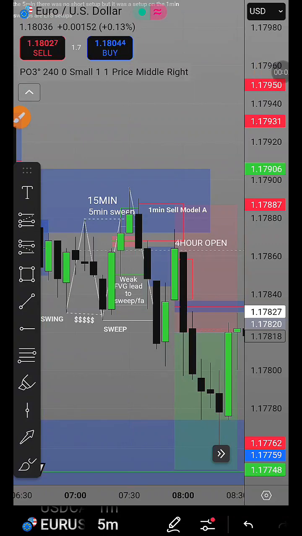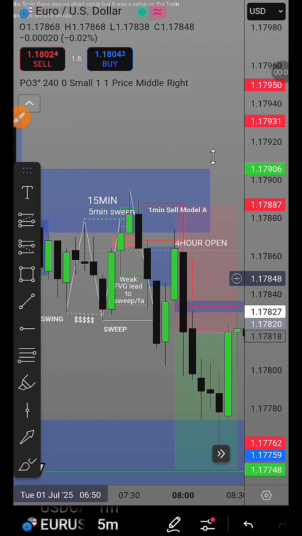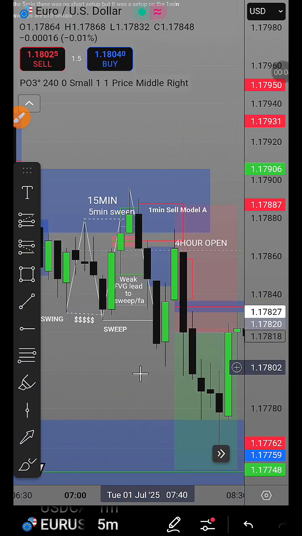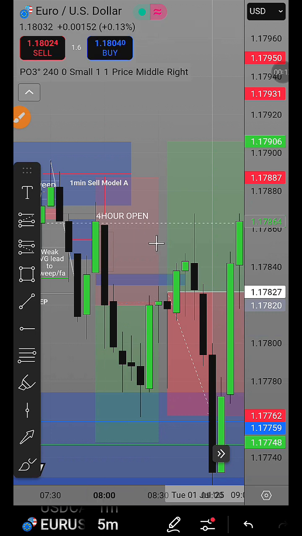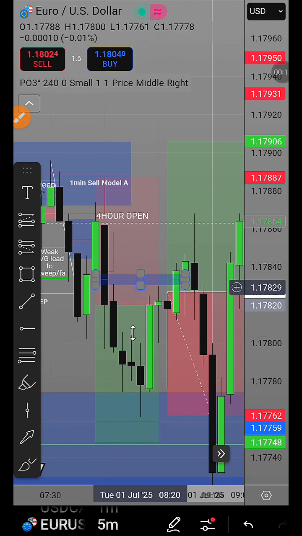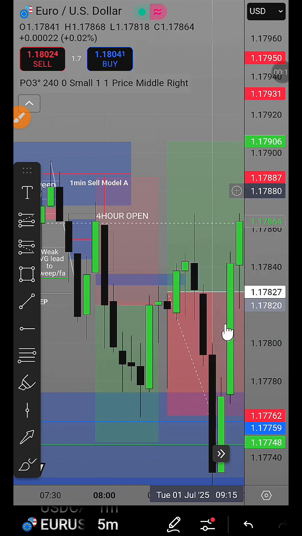Right, so we took this loss this morning. We actually took two losses this morning. The first initial trade that I took, it was a short. It ended up being correct, right? You can see that I didn't get stopped out. I actually closed the short and then I decided to buy.